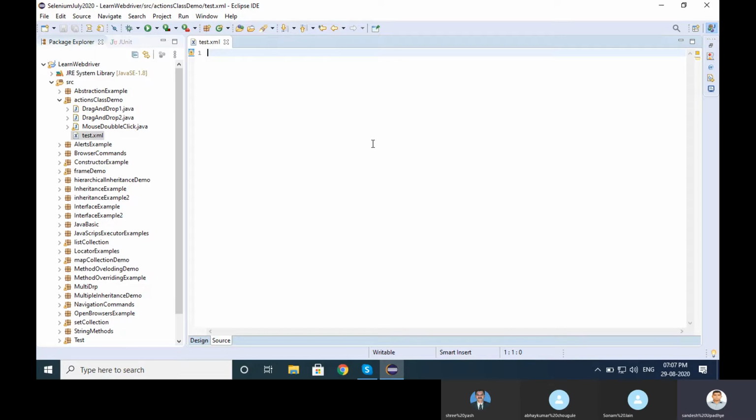Let me create one HTML form, label, label for username.